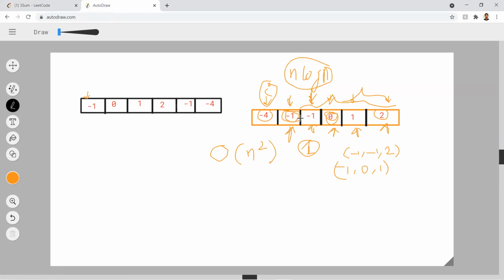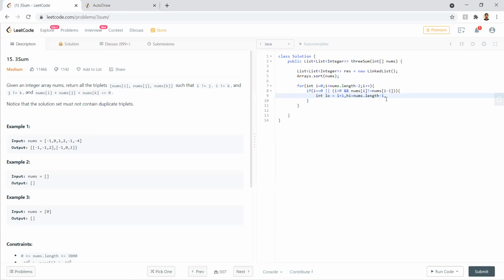To see the summation of these elements, I have to change the sign of the nums element, so that I can find the summation of the other two pair. Okay, so I'll take a sum variable. Here sum will be nums of i. After having this, I am having the element in the nums array.